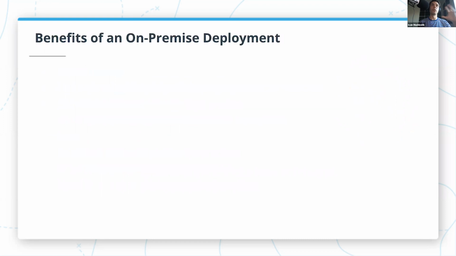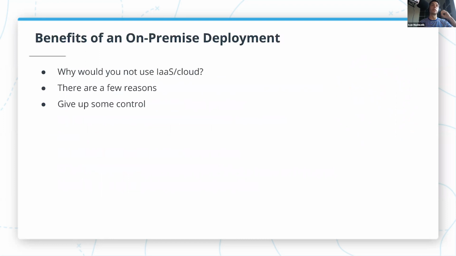Now, what are the reasons why we would use on-premise deployment? Why would we use our own hardware instead of using infrastructure as a service? Well, there are a few reasons to do this. First of all, when we use infrastructure as a service, we give up some control, right? It may be a good thing because now a cloud provider should handle more things, but we still lose control of what hardware we can use. We lose some control on how we configure our infrastructure. So if we really want to have all configuration options for all the hardware that we can have in our data center, then we would have to go with on-premise deployment and not infrastructure as a service.